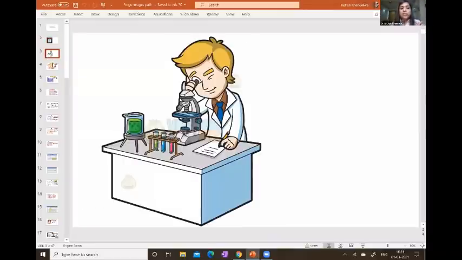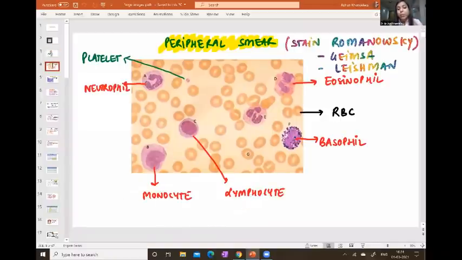Let's start with a very basic thing, students, that is, how do you identify the various cells on a peripheral smear? In this image, you all can appreciate the RBCs, WBCs, and the platelets. In hematology, the basic investigation which a pathologist orders is a peripheral smear. And the good part about this investigation is that it's a very cheap investigation, right? So if we are suspecting any hematological disorder, we immediately tell the technician to put up a peripheral smear, right?